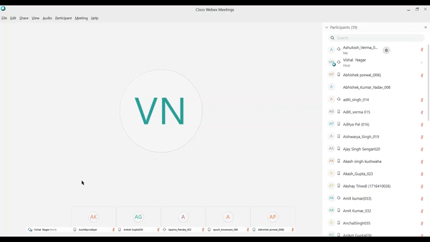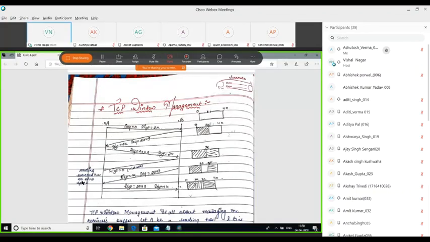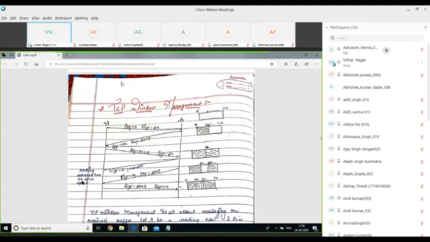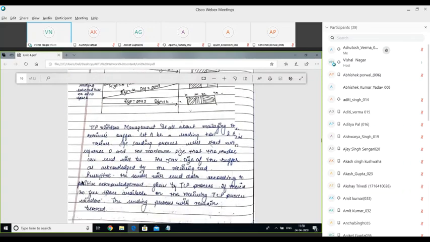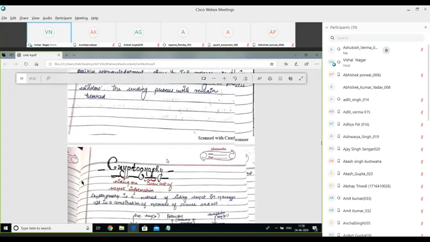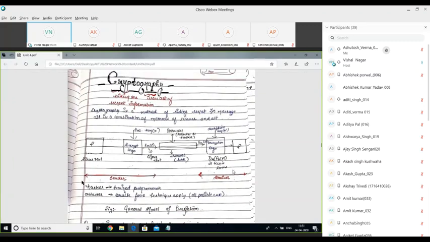Now we are moving on to the cryptography corresponding to OSI. This is the task of your presentation layer, and when we are talking about TCP, after the transport layer, we have only one layer in TCP that is called the application layer, which performs all the functions. So cryptography is what?